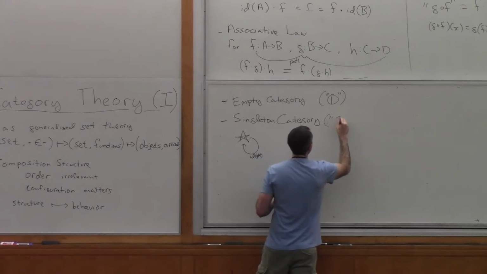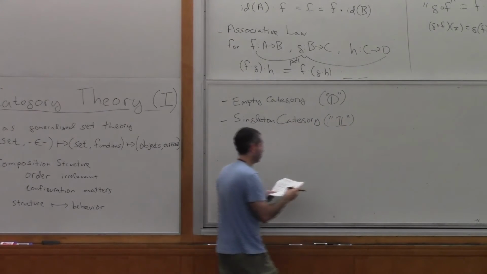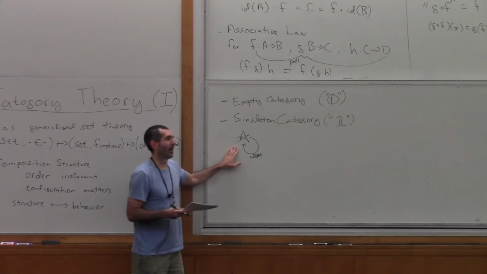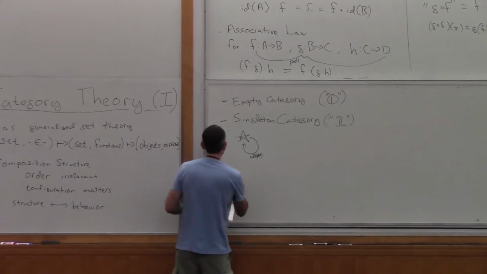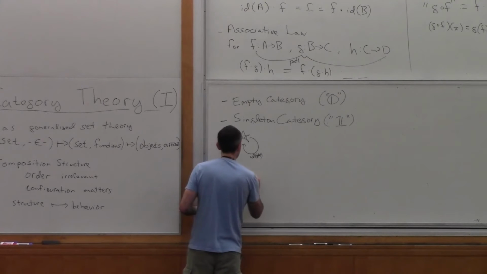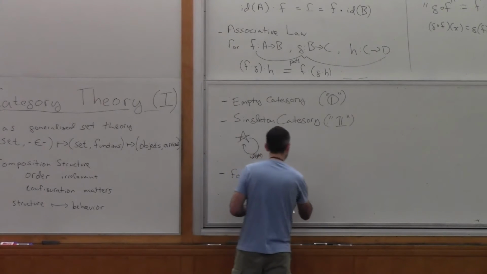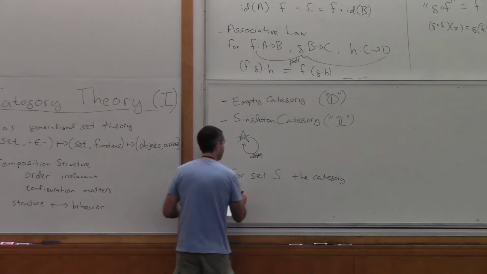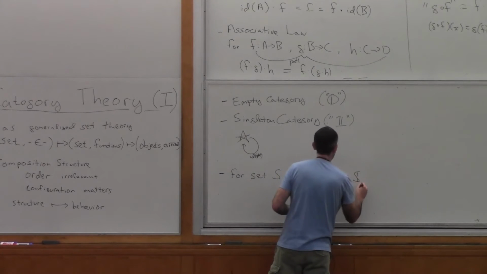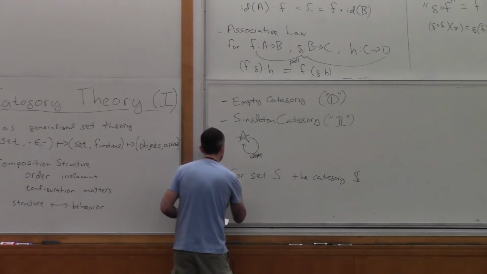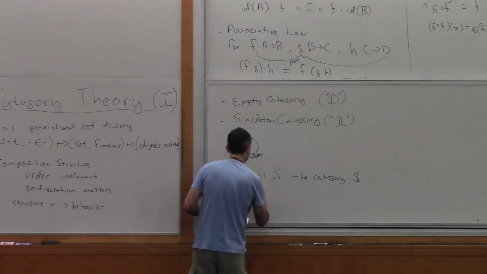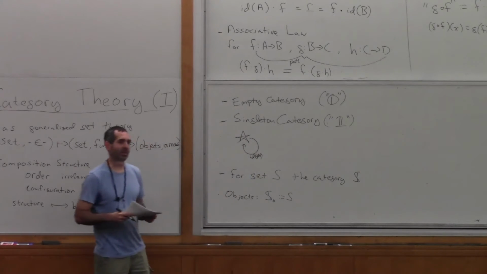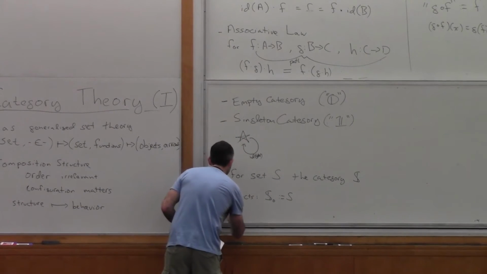And I will use this Blackboard bold 1 to refer to that. Okay, but there's no reason to stop at one object, right? We can add more objects. And in this case, if we have a set, we can build a category out of that set where the objects are just the elements of the set, and then the arrows,